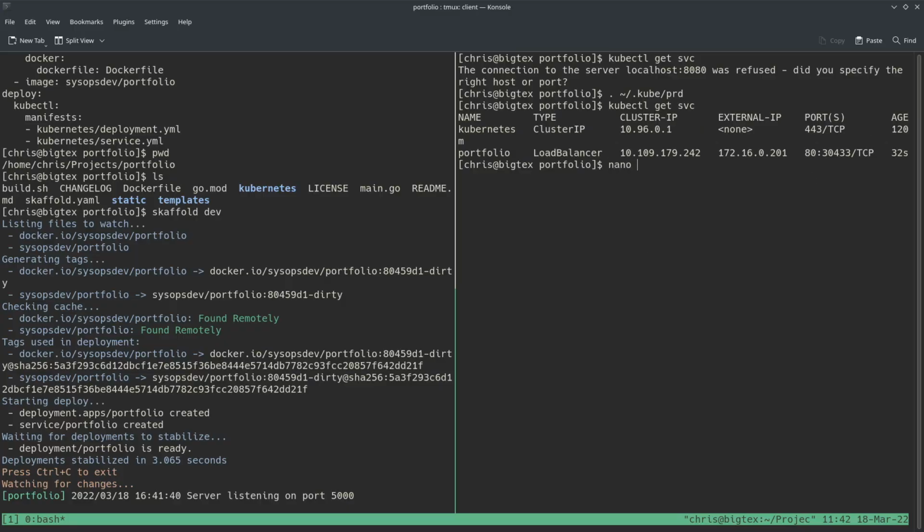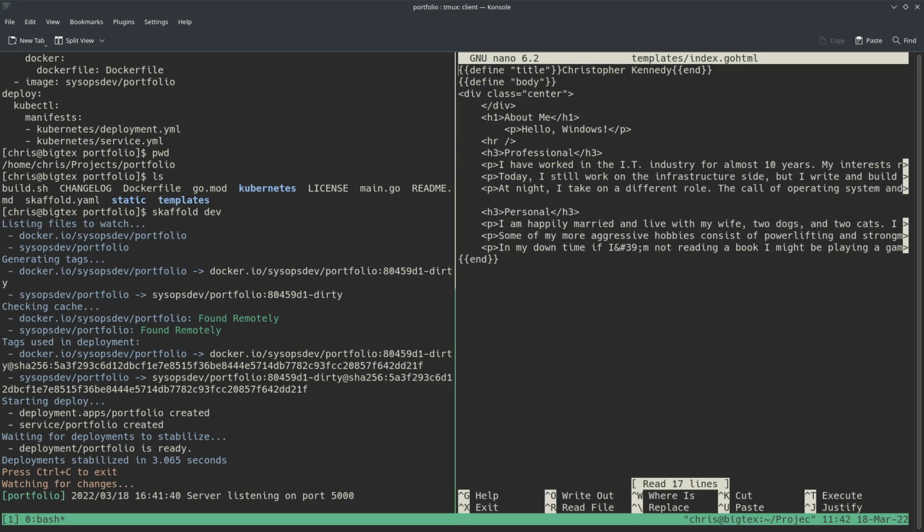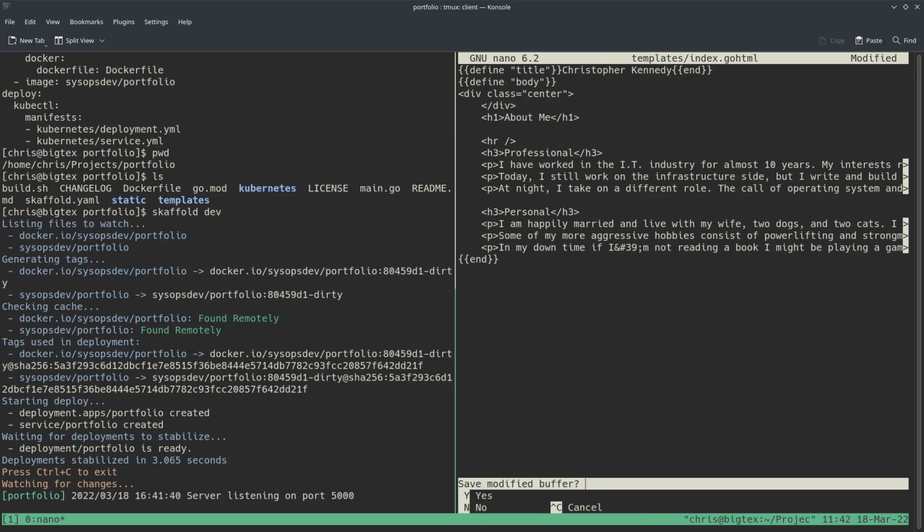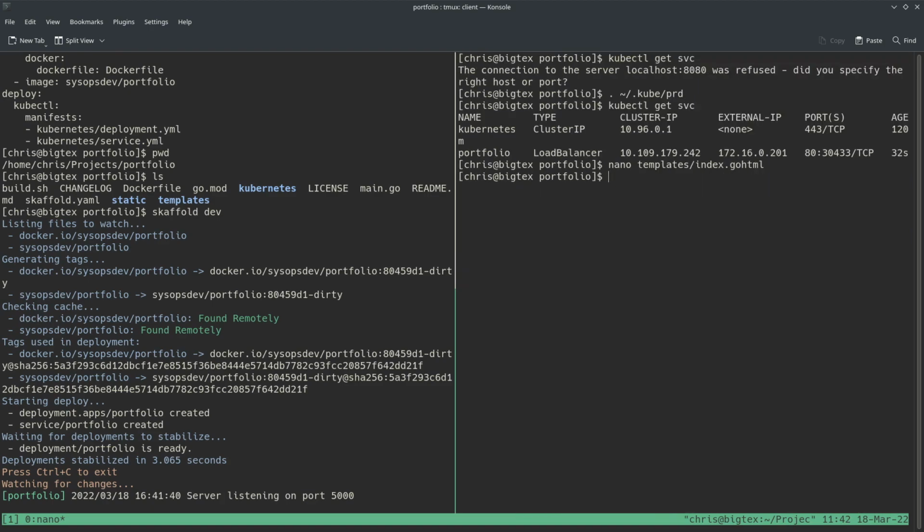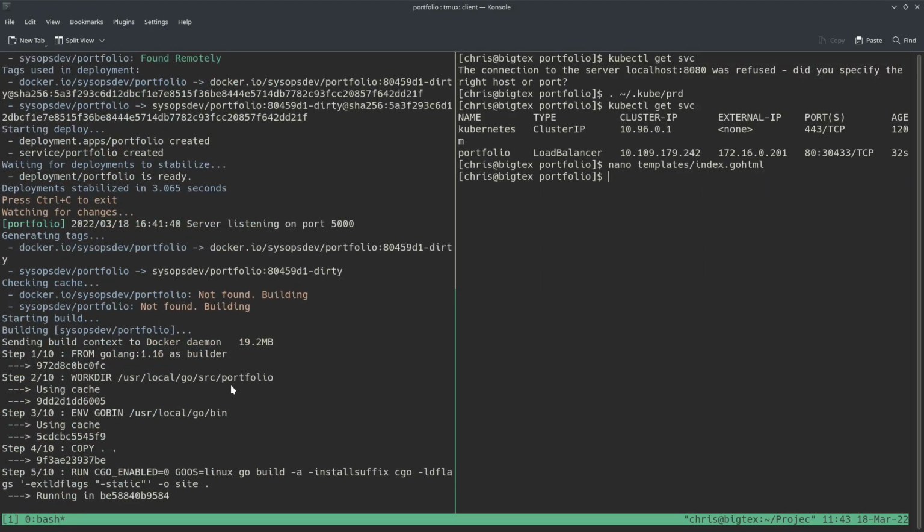So let's go nano. Now I'm using nano because I did not change where my swap files are saved, and if Skaffold detects a .swp in Vim, it will do what I want it to do, but I don't want it to do it yet. So let's go to index. Let's go down to this awful. Okay, save, yes, yes. All right, so we wrote,